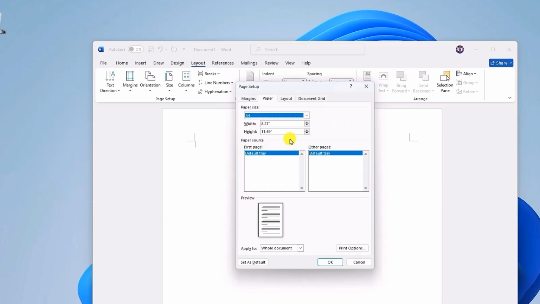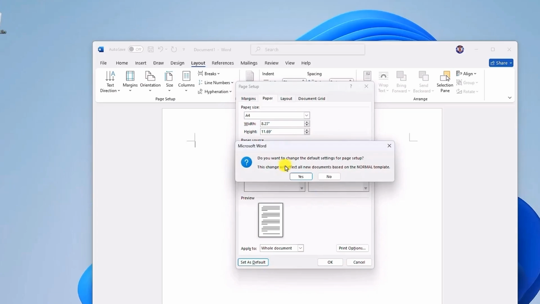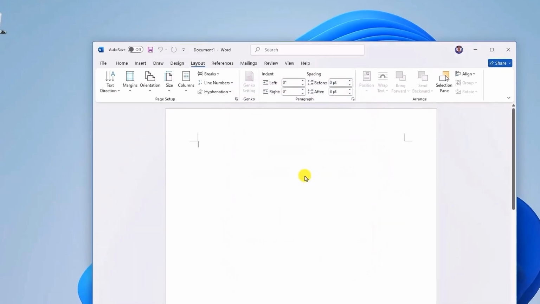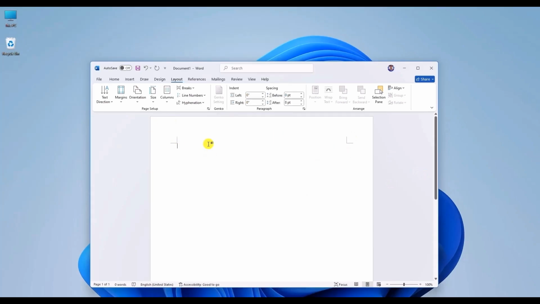if you want to. But once you have chosen A4, all you have to do is click on Set as Default. Then, do you want to change the default setting for the page setup? All you have to do is choose Yes, and then as you can see, the page has automatically resized itself